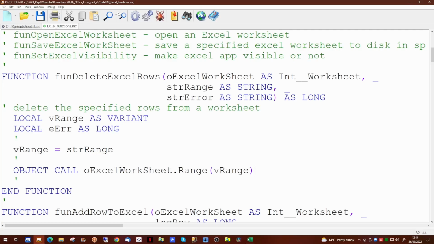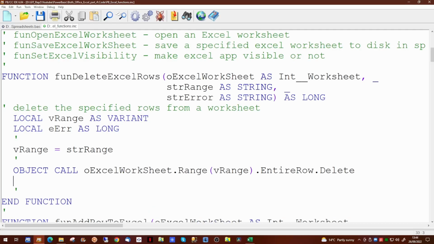We next have to tell Excel what we want it to do with that range. So we want this action to apply to the entire row, in this case 3 rows. And finally we need to tell Excel what we want to do with those rows. In this case we wish to delete them completely. And in this one line of code we're telling Excel to delete the 3 rows.